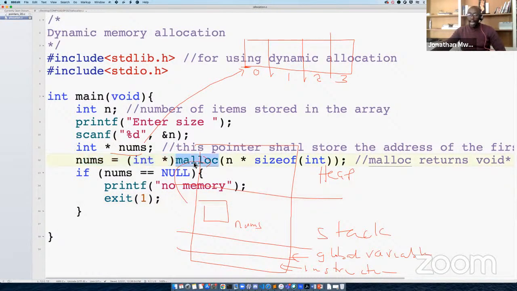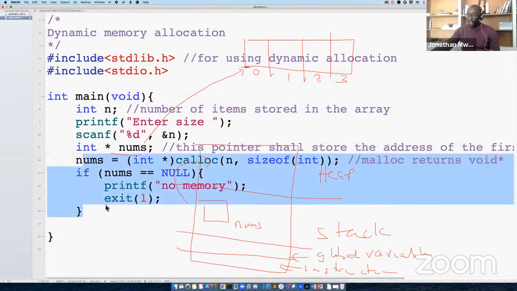Remember, instead of using malloc, we could still use calloc like this, but then instead of giving only one argument to it, we put two arguments. That means give us n items each of this number of bytes. So we could use calloc, or we could use malloc, still would work fine. Make sense? The only difference is that calloc will initialize all the items with zeros if we are keeping integers. It can also do that if we are keeping characters, there'll be all null characters.